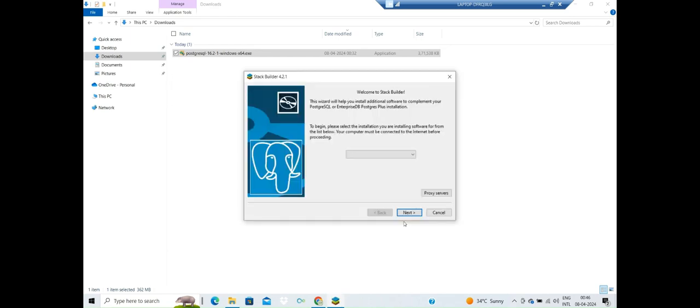Now it will open Stack Builder. The Stack Builder is basically useful to install the additional features of Postgres. So we don't require it, but let's see. We want to install additional features on Postgres on this port, right? Click on next,